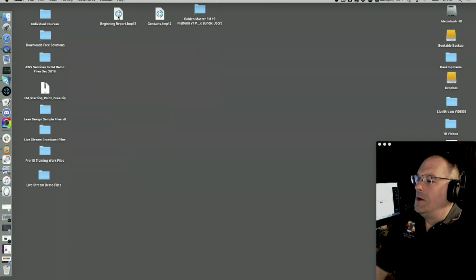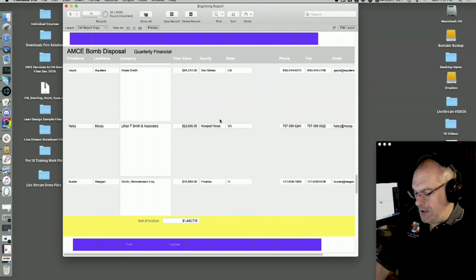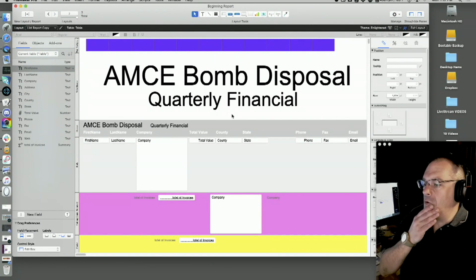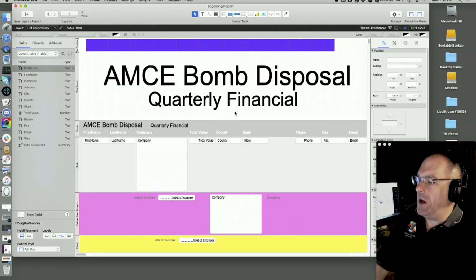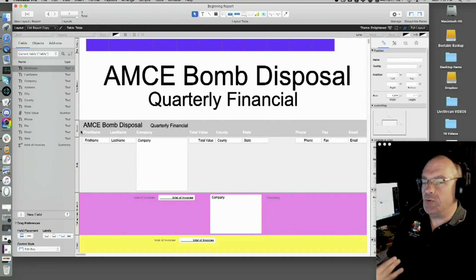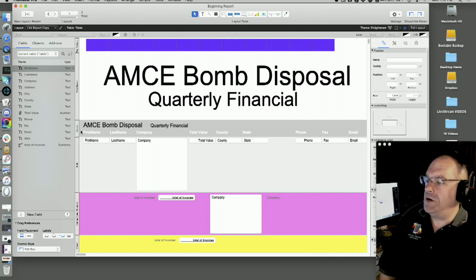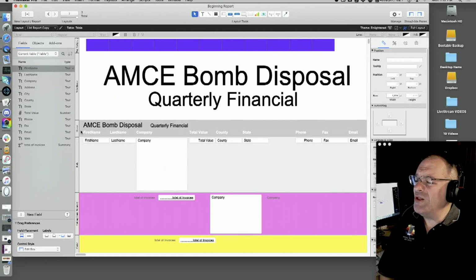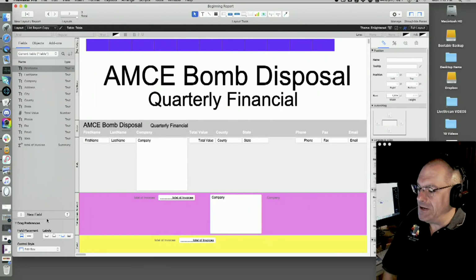So last week we started a conversation where we created this really ugly layout, right? What we were doing was the Acme bomb disposal quarterly financial statements, and we did an import. We were talking about the body parts. Today we're going to talk about another body part, arm, leg, whatever. They call them layout parts, but I just call them body parts because that's what comes to mind. There is technically a body part over here on the left.